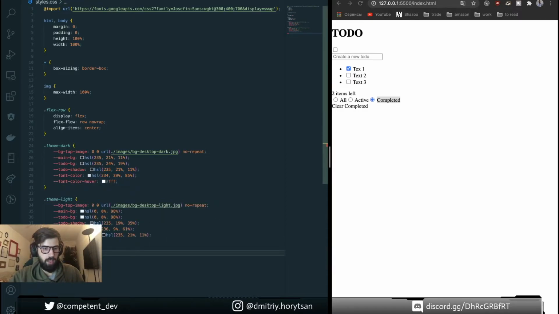First of all, we create body styles here. We need to define the main styles for our app, and font color will be 400, the font size 18 pixels, line height 1, and the font Josefin Sans, here sans serif.